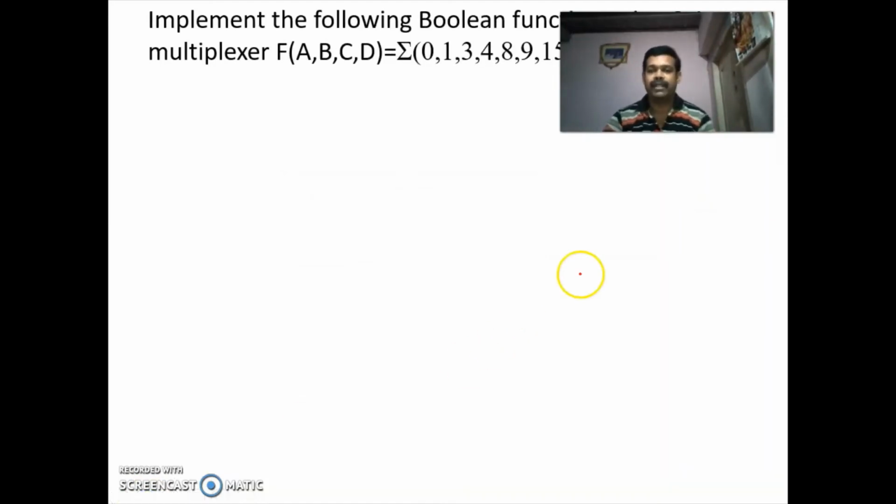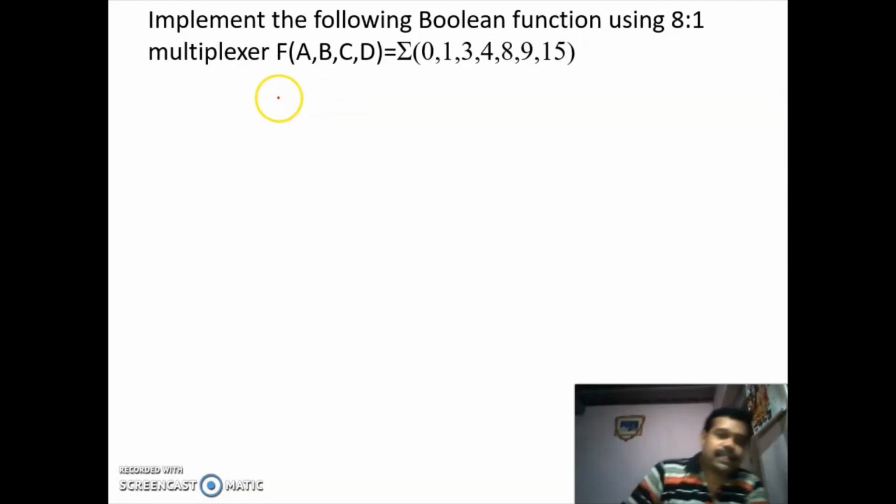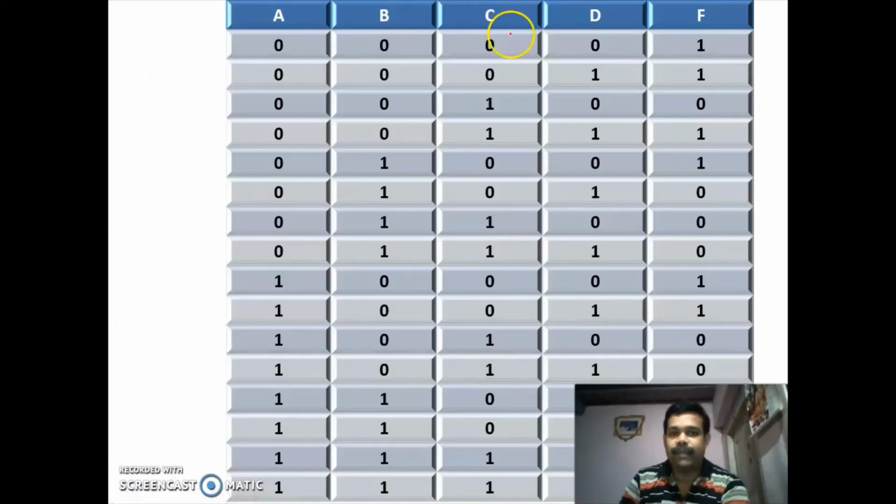Implement the Boolean function using an 8:1 multiplexer. The given question is f of ABCD equal to the sum of minterms 0, 1, 3, 4, 8, 9 and 15. First we have to draw the truth table. How many variables do we have here? We have 4 variables, so we write from 0 to 15.